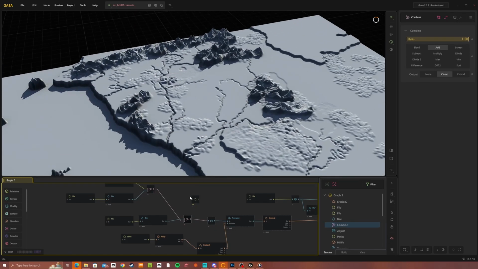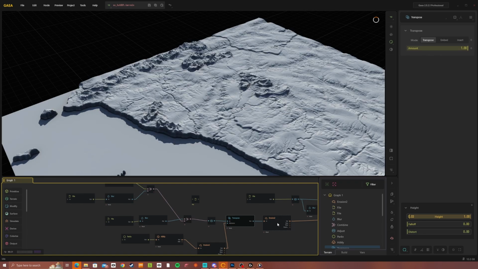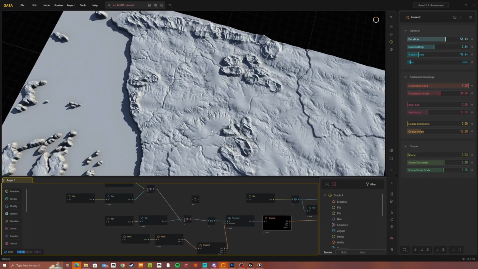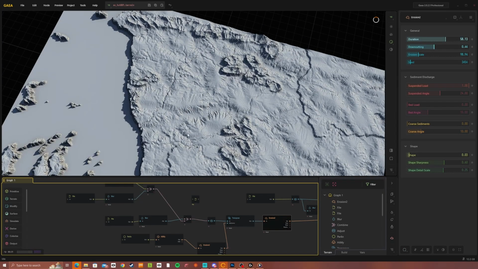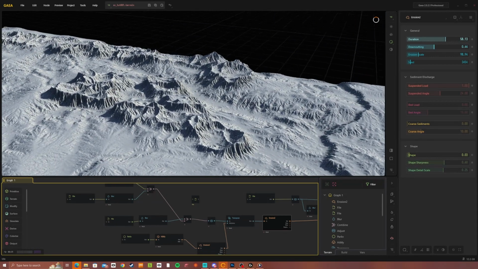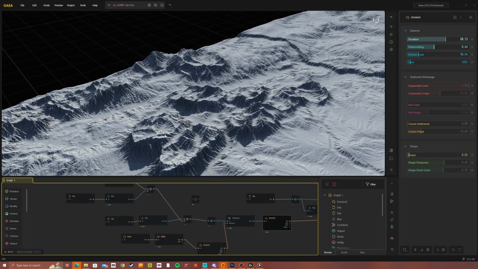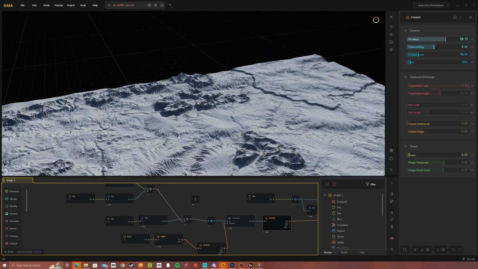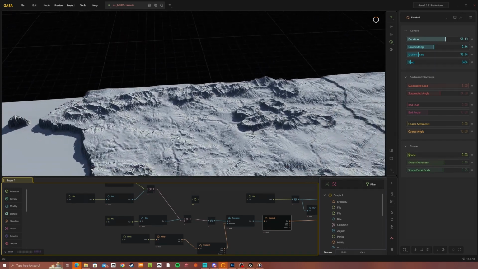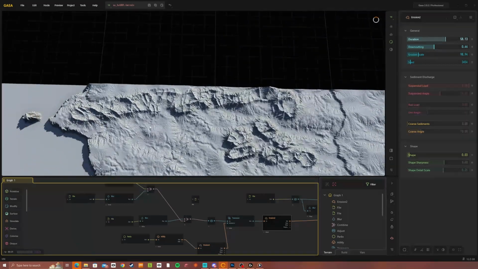So once you've got something that you're happy with on the mountains, that's when we go ahead and feed into the transpose and then erosion. You might need to go back and forth a few times to get the heights just right for the scale of your map. Every map will be slightly different. But it's a nice quick way of creating